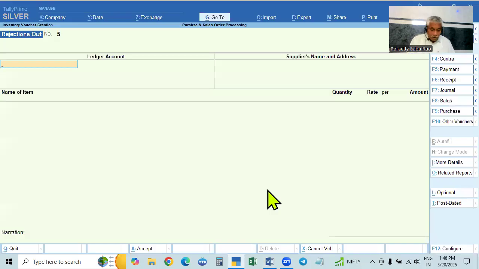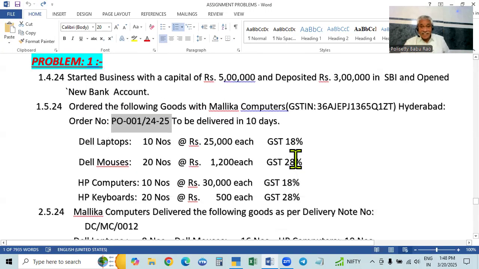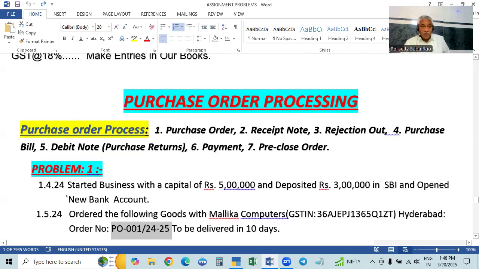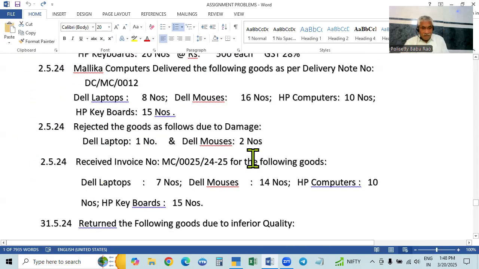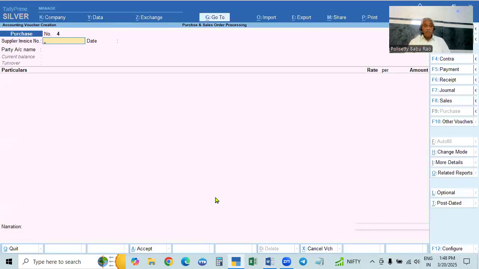Second, we will go to the bill. Now what is it? Receive the purchase invoice. That is, after rejection out, we will get the purchase bill. So purchase bill we received here, which date? 2/5, the same date. Purchase bill means purchase entry, which is F9. So in this case, we are coming from the rejection out order and bill rejection out voucher, which